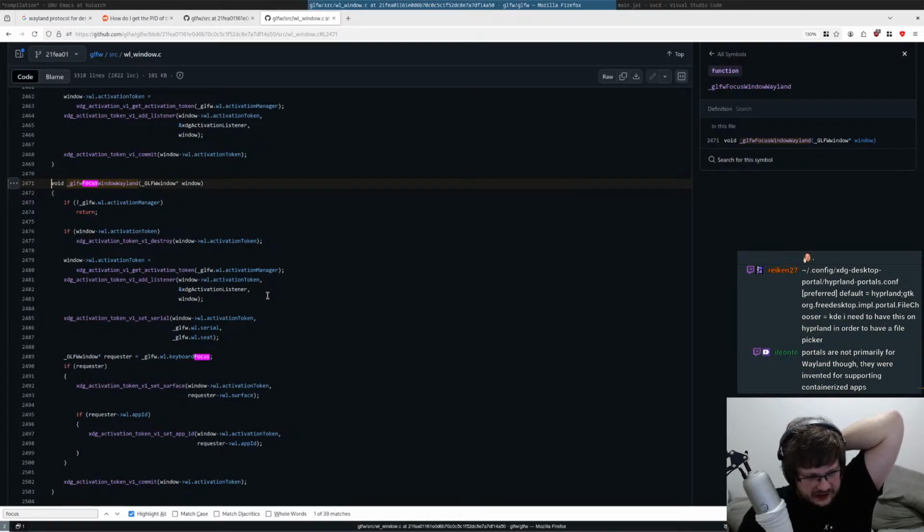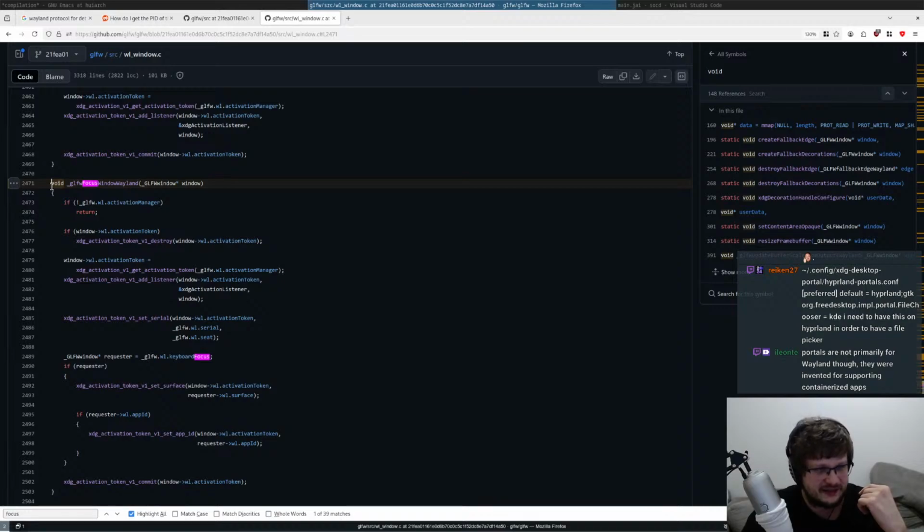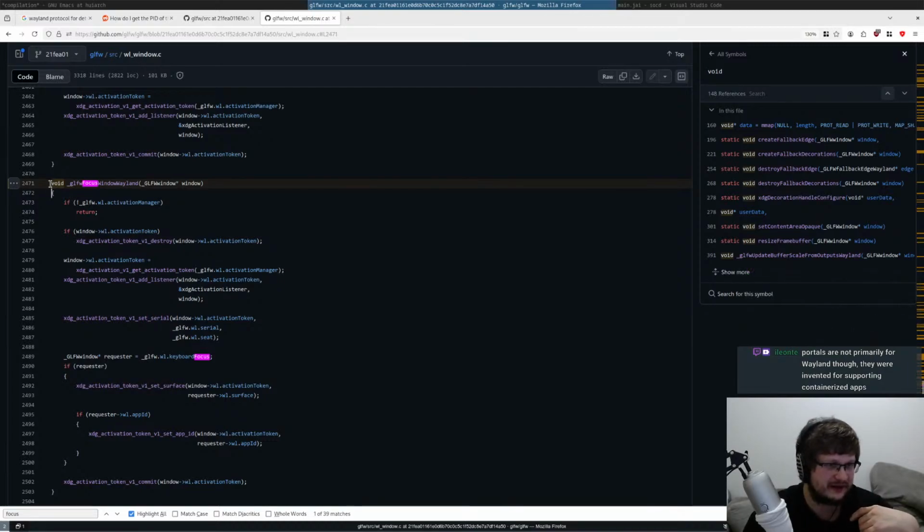For supporting containerized apps, I see. I thought portals, because I never used Flatpak in my life, so I didn't know it's not for Wayland. But yeah, to answer your question, Nuno, yes. Well, it's not really a question, but anyway, there is a way to uniformly call a file picker on Linux. And yeah, this way kind of sucks, but there is a way. Not that it sucks necessarily, because it's still a single procedure call,